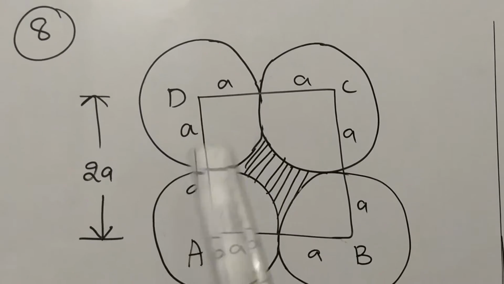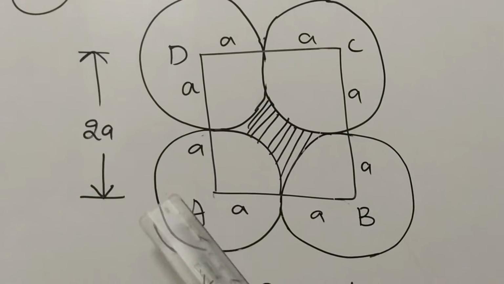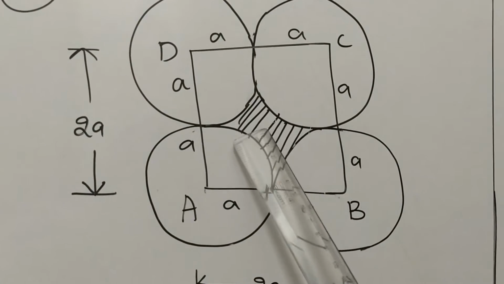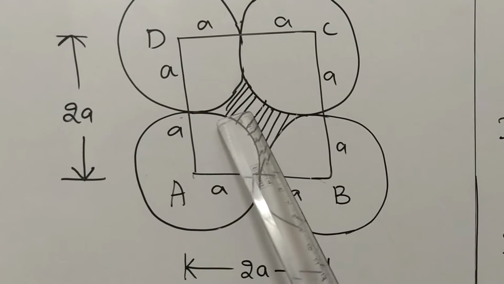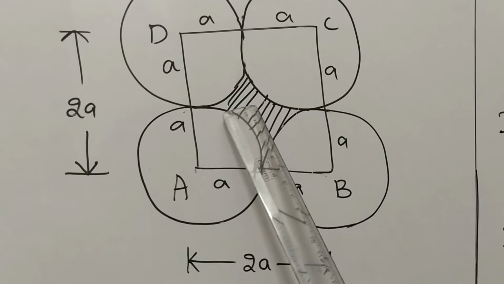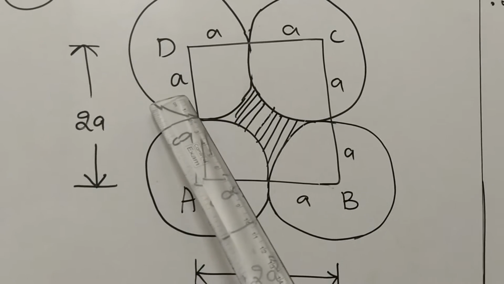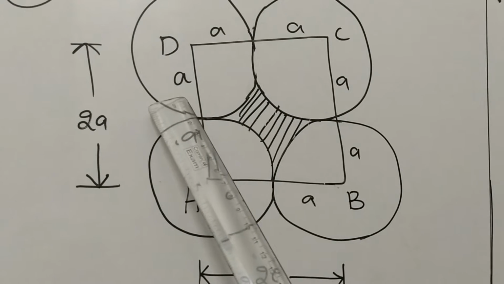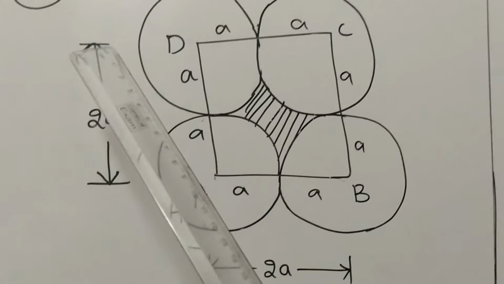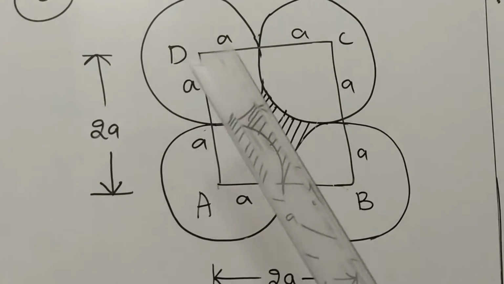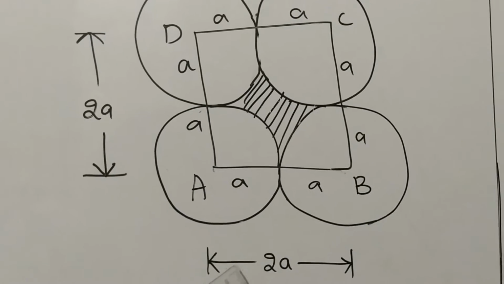First here we have to draw the 4 circles, and in those 4 circles we are drawing one square, and this shaded region whatever I have done here, that we have to find, nothing but the area of this shaded region, students. This is small a, the radius of the circle, already given as small a, so take small a here also. And now the side of this square is a plus a, 2a, and here also a plus a, 2a.